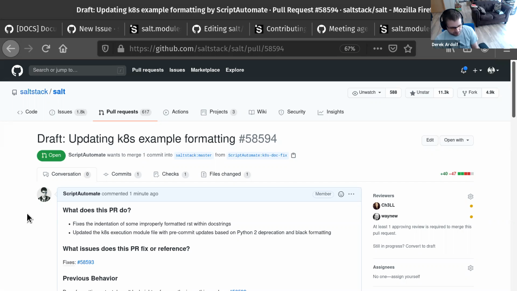It'll range based on if the file's already been updated in the past for Python 2 deprecation and it's been properly formatted. If it's just an RST file that is not including docstrings, pre-commit isn't going to go through all those hoops that I just went through, and it's going to be a much smaller change. And if this looks like quite a lot to try to figure out and do, having a well-detailed issue is a good place to start, whether you'd be contributing or someone else could take it on, for fixing the documentation or improving